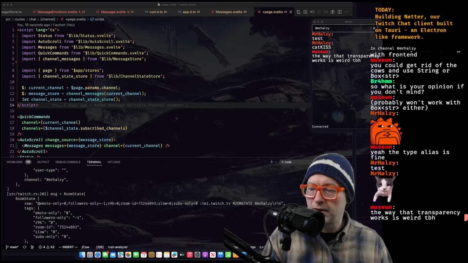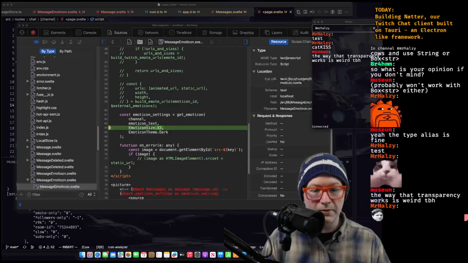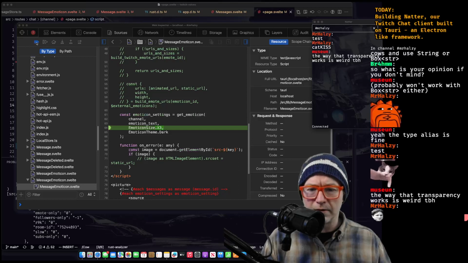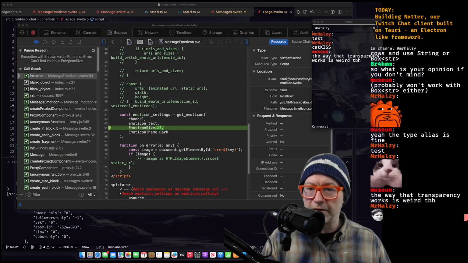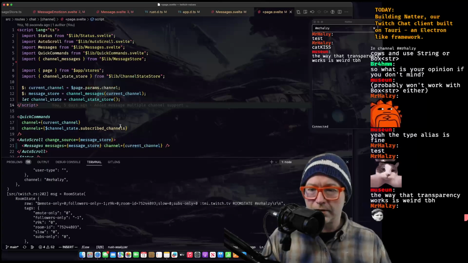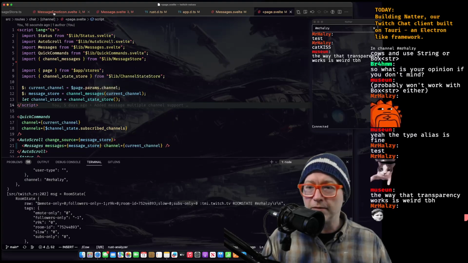Does it work for these? Oh dear. Get emoticon size x3. What's the error? Cannot find variable emoticon size. Oh. Really? TypeScript. What's going on, buddy?